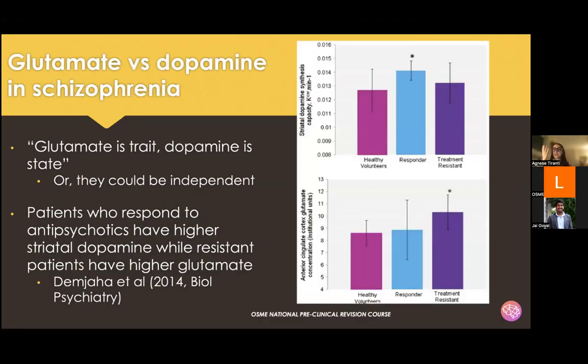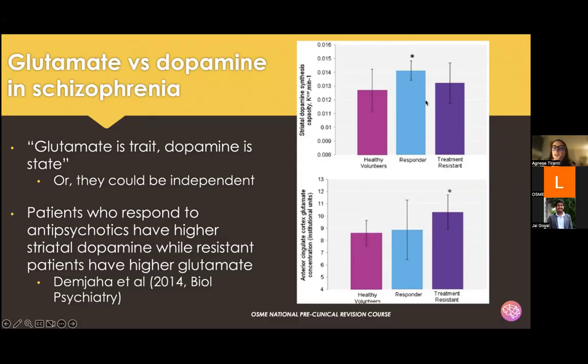So now let's try putting the two hypotheses together, glutamate and dopamine. So what people say is glutamate is trait, dopamine is state. So it's the idea that glutamate is the cause of the disease, and dopamine is the manifestation and what brings you the symptoms. This is a hypothesis. Another one is that they are independent. So as you can see here,